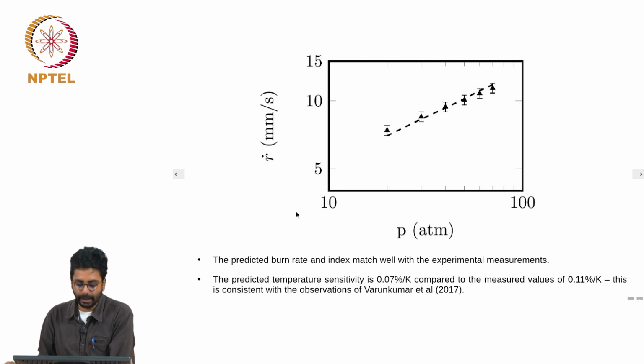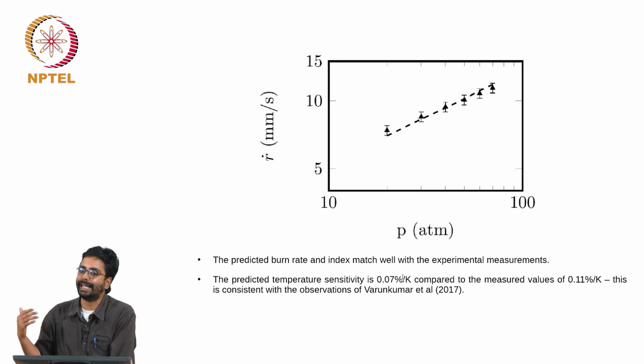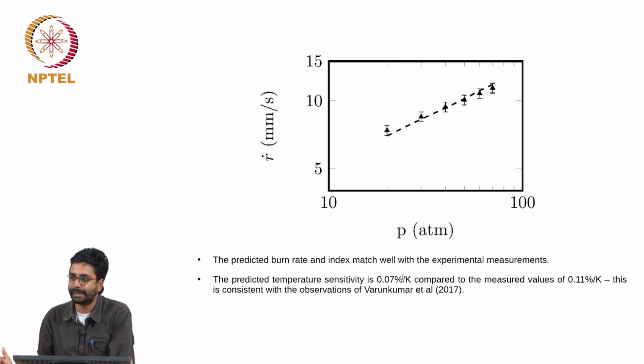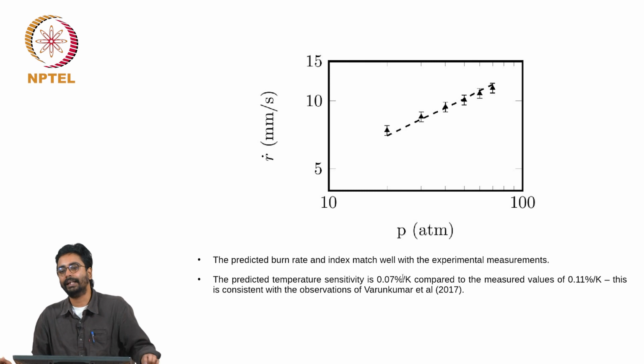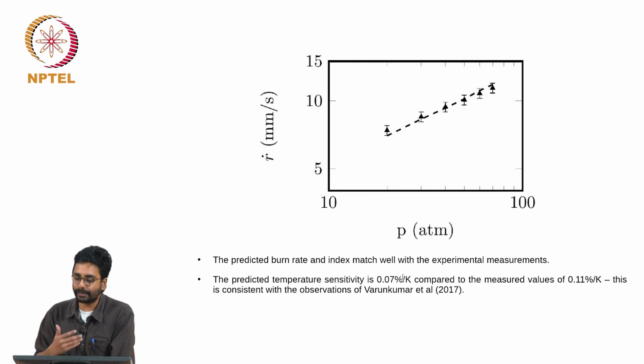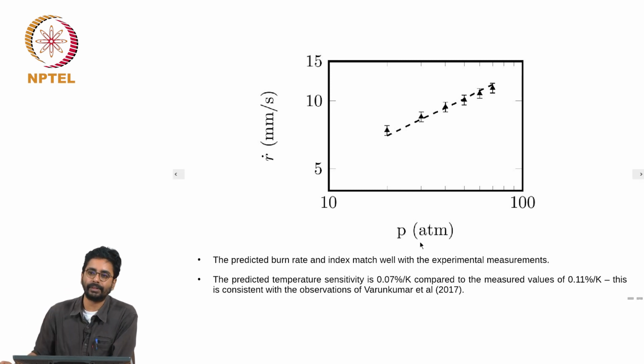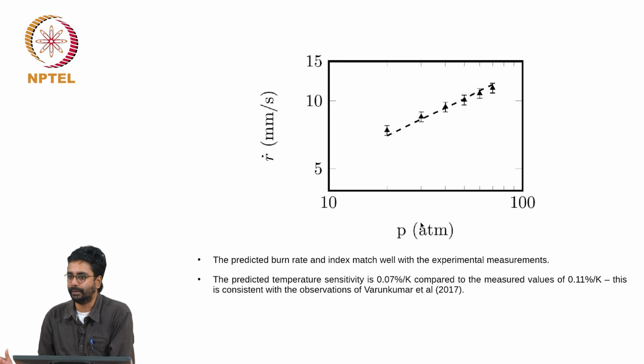temperature sensitivity. So, the reason why the predicted temperature sensitivity is lower than the observed temperature sensitivity is that the AP that is used in the actual propellant will have some impurities in the form of potassium or sodium, depending on the route that was used to synthesize ammonium perchlorate, and therefore may have a higher temperature sensitivity. What this means is that, at least in defense applications where as low a temperature sensitivity as possible is preferred, the best strategy seems to be to use ultra pure AP to keep the temperature sensitivity at the minimum possible value.